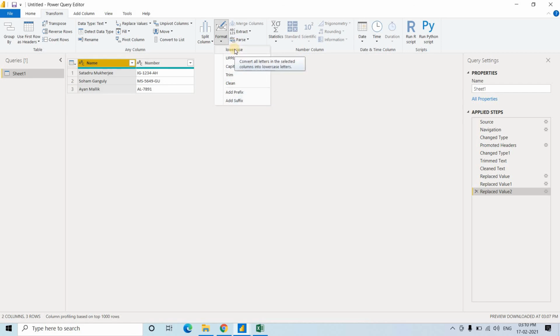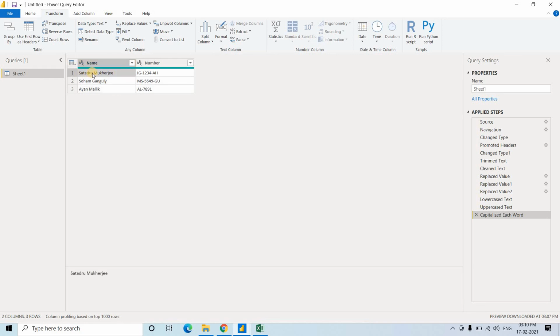If you just click on lowercase, see here, this time S is capital in Sotodru, M is capital in Mukherjee, like how in English we generally do that. For each word, the beginning letter is capital. I am making it lowercase. See, all became lowercase. Okay, I can use uppercase. See, all became uppercase. Now I am choosing Capitalize Each Word. When I do this, I get back my original format, that is, the first letter is capital and the rest are small in a single word, right? So have a clear idea of this particular format.